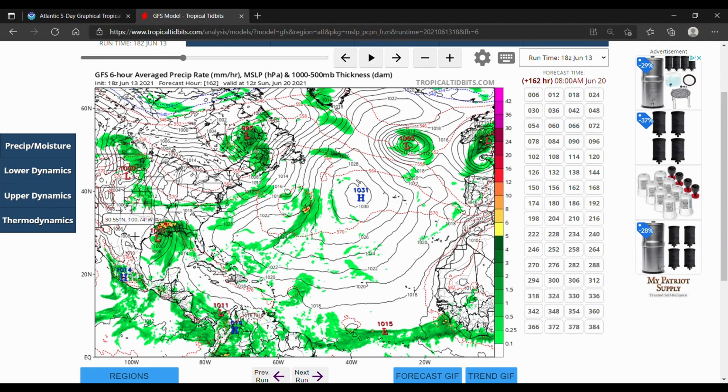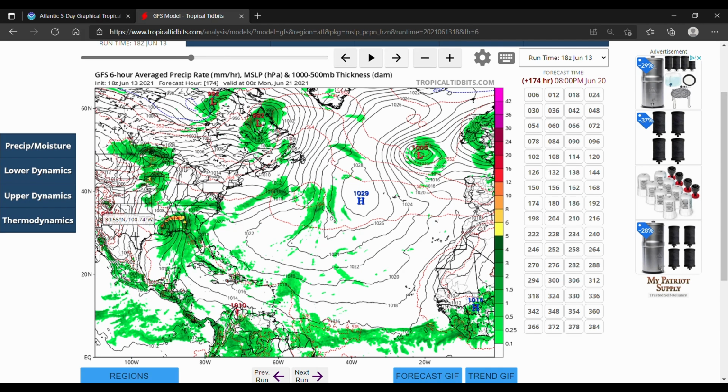So this could be, I would call it, a little bit like Tropical Storm Bertha last year, where it formed a few hours before landfall. But in the past couple of model runs, actually more than a couple, it's been like the last